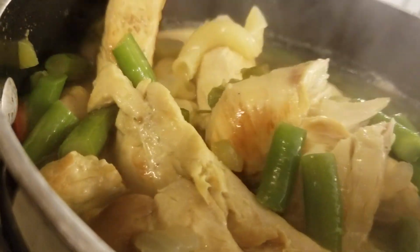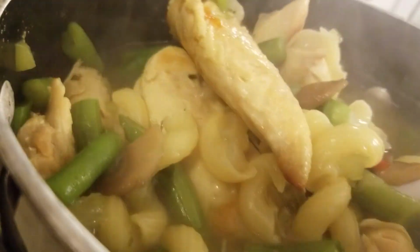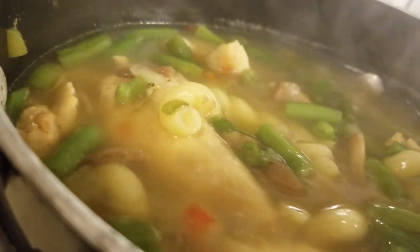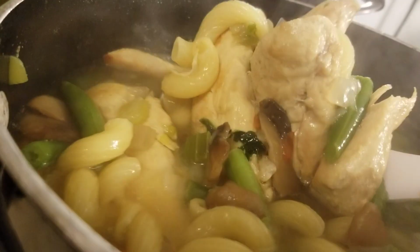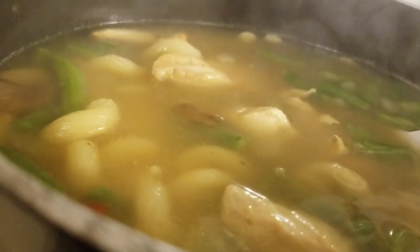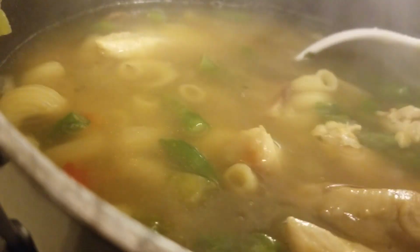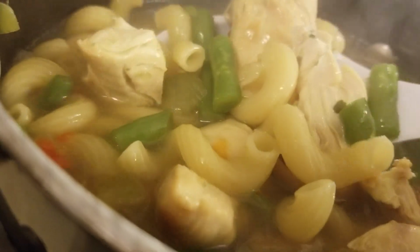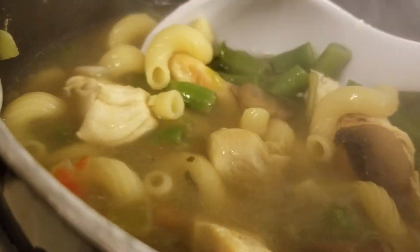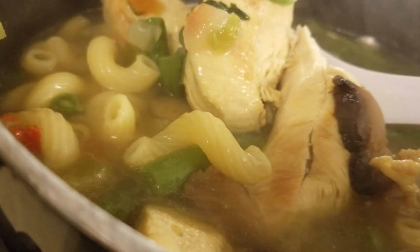Then I did some frozen mushrooms that I also got at Walmart. Can't see too many of them because there's so much other good stuff in here, but there's a couple mushrooms. So then when that was done cooking up, and when I say cooking up, I mean I just pretty much thawed it out in this pan here. I didn't use any oil or anything because I figured the chicken was going to have fat in it. And then I put the chicken. So then after that stuff was done thawing out a little bit and it thawed the chicken all the way,